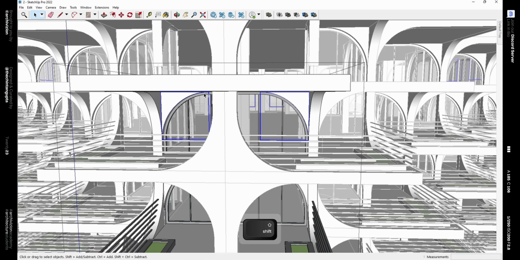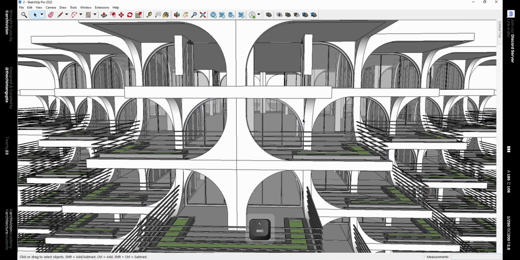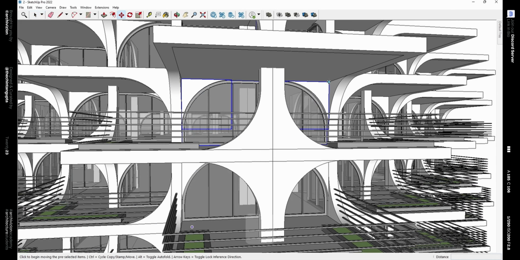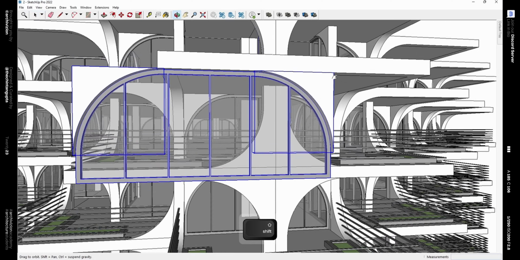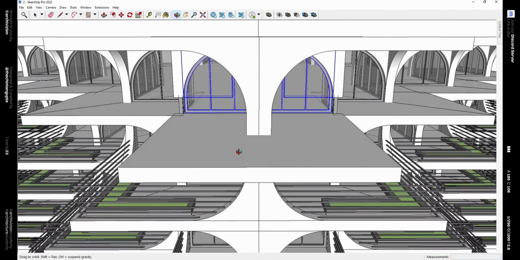So select these arches and then copy and paste them outside the component. Then we can place it on the floor above. So use the move tool to move it in the Z direction. Paste it over here.